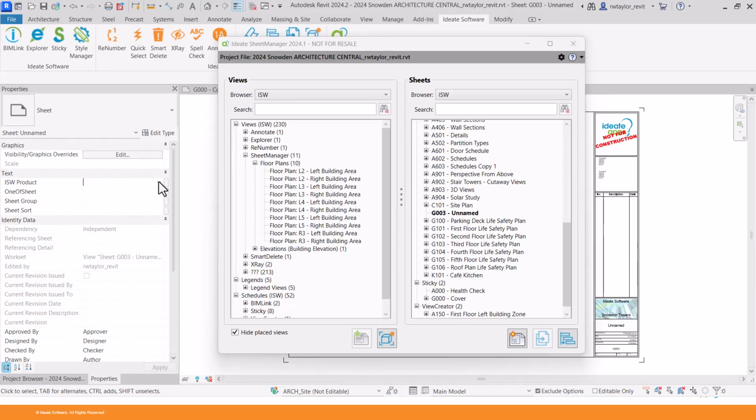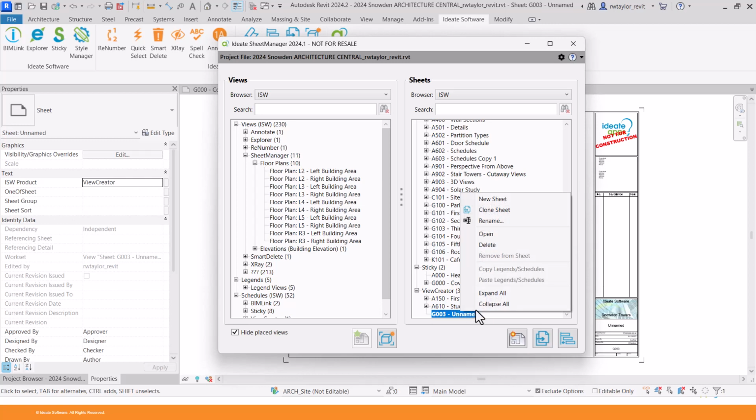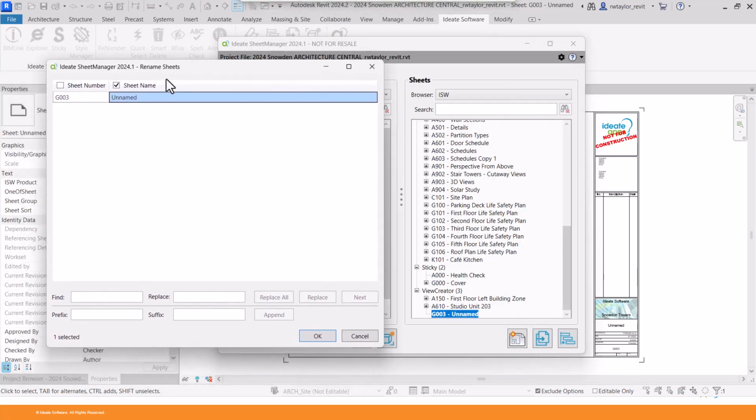And so I'm going to select View Creator, Apply, and it pops right down here because under our browser organization for sheets, I've selected what we call ISW, that stands for Ideate Software. So it's looking at that particular parameter to organize these sheets. So now that I've done that, I'm going to rename that sheet because I don't want it to be G. I want it to be that same series of, let's say,